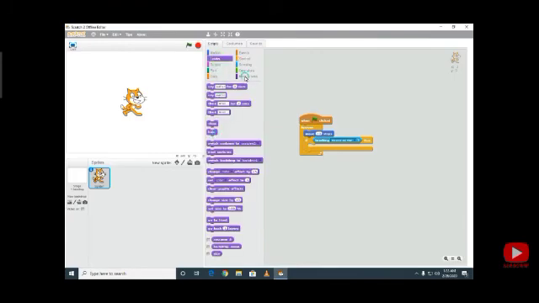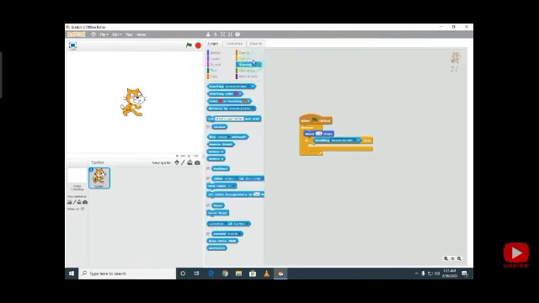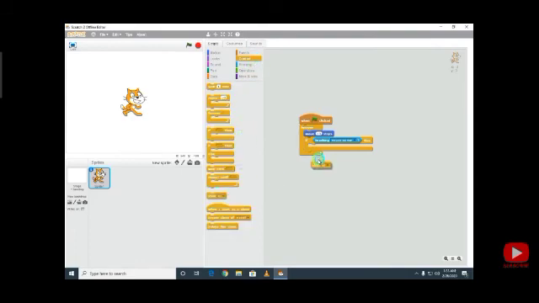Then I am selecting this if touches mouse pointer from the sensing. Then I am giving stop all program from the control. Now see. See, as it will touch my mouse pointer, it will stop.